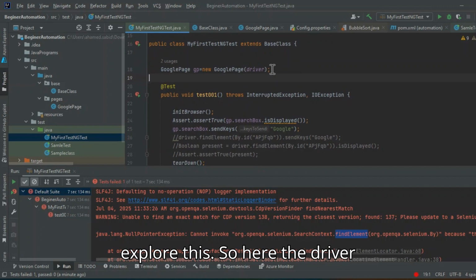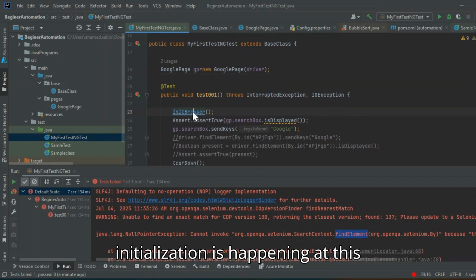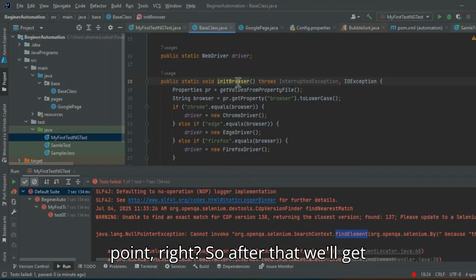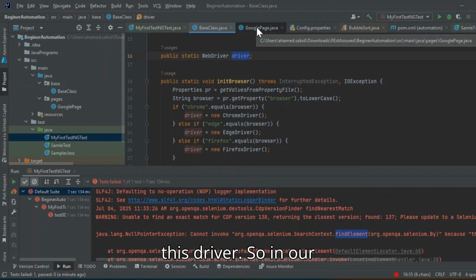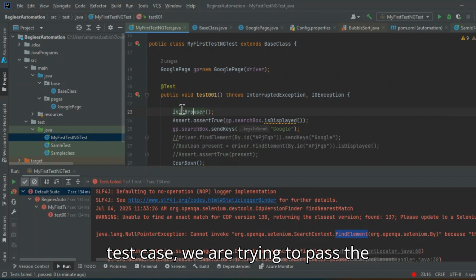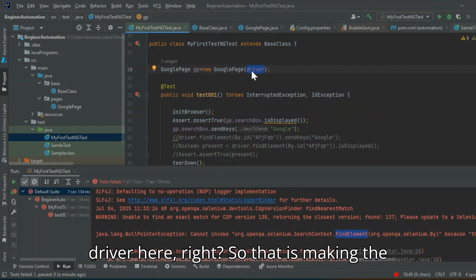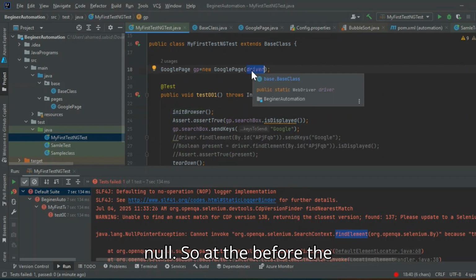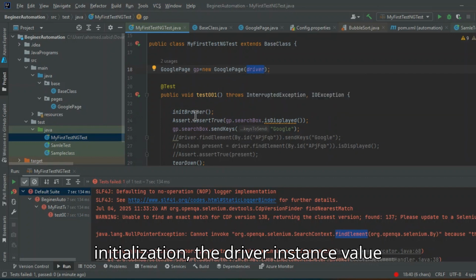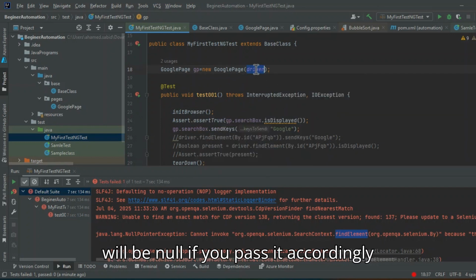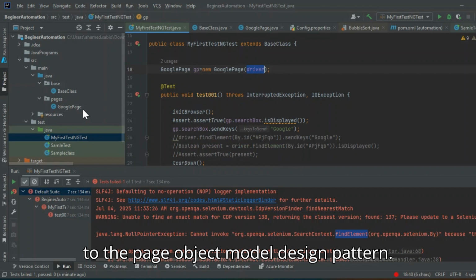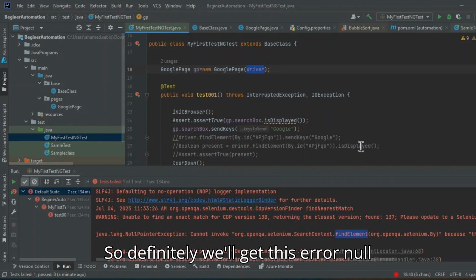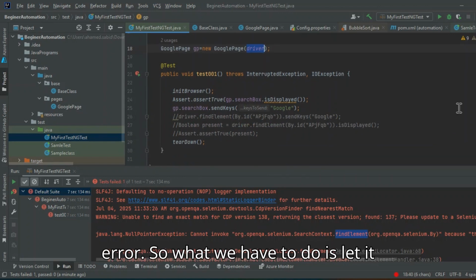Here the driver initialization is happening, and after that we'll get this driver. In our test case, we are trying to pass the driver here, right? So that is making it null. Before the initialization, the driver instance value will be null. If you pass it like this in the page object model design pattern, definitely we will get this null error. So what we have to do is